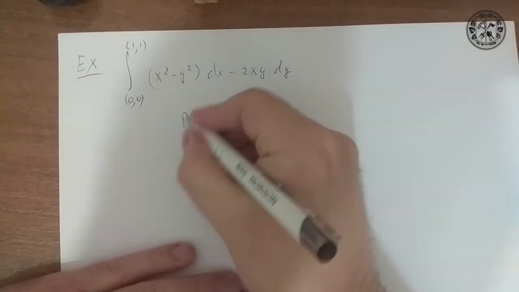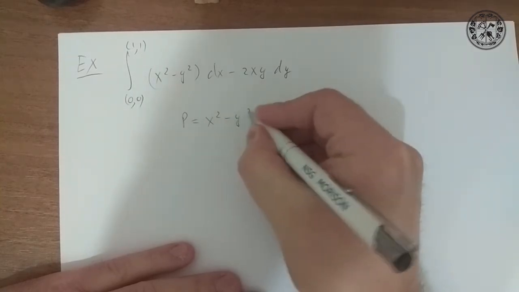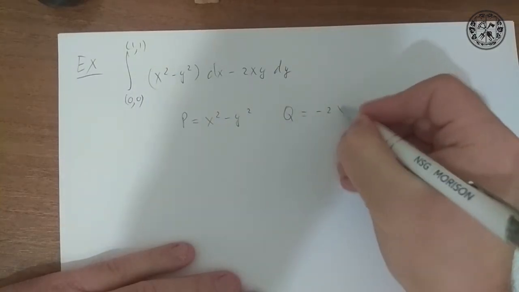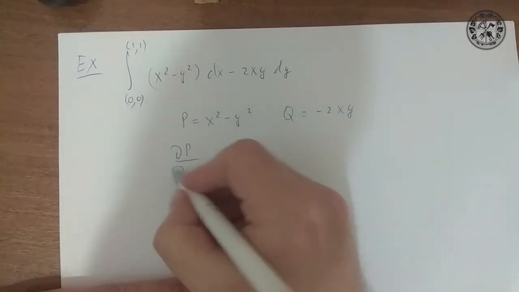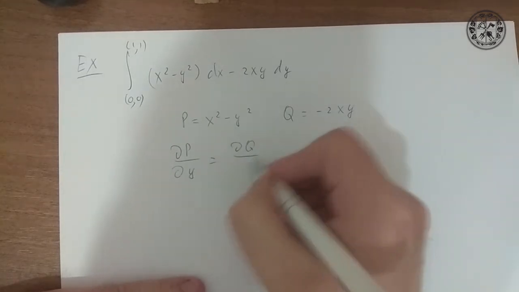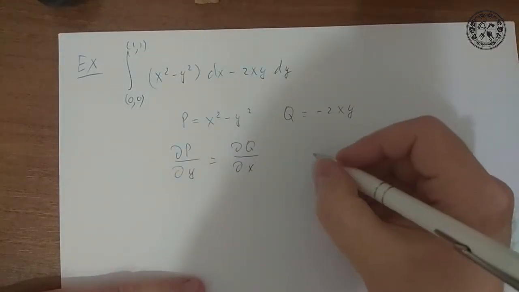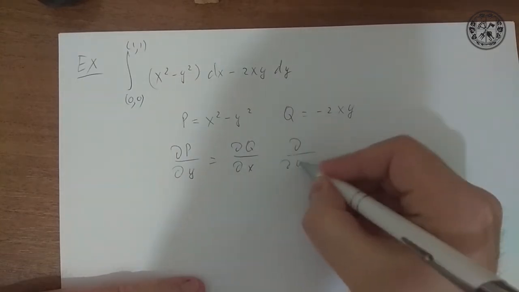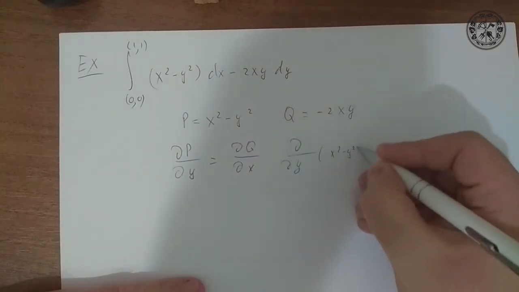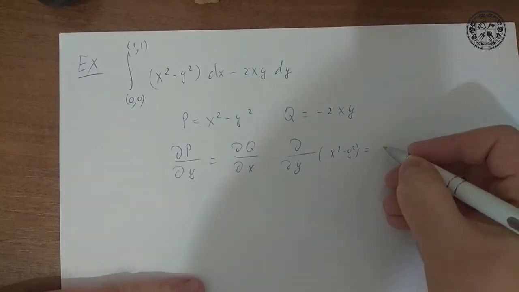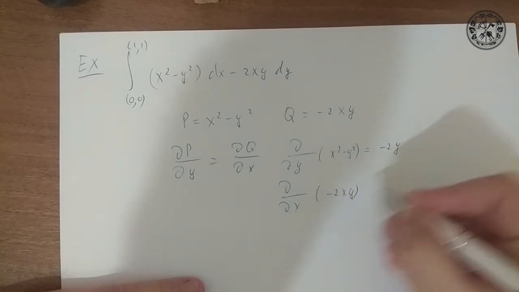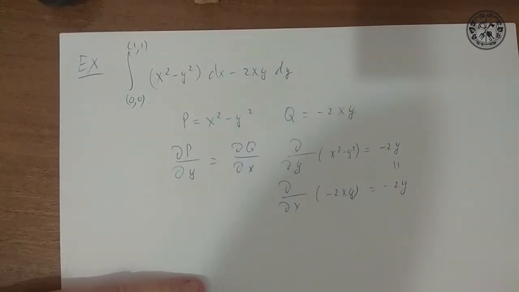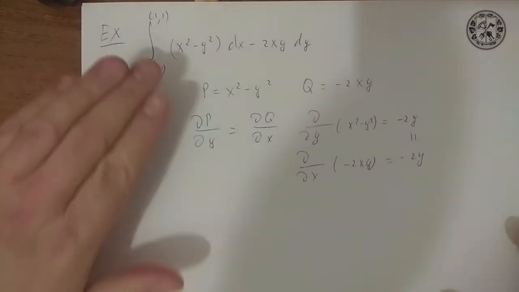Let's check it. So we have p equals x squared minus y squared. Q is minus 2xy. So to be a full differential, dp by dy has to be equal to dq by dx. But d by dy of x squared minus y squared is minus 2y. d by dx of minus 2xy is minus 2y. They are equal, so it is a full differential,